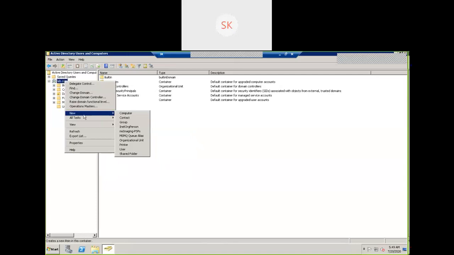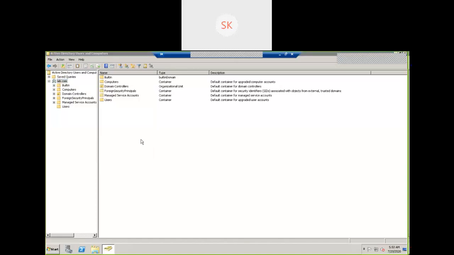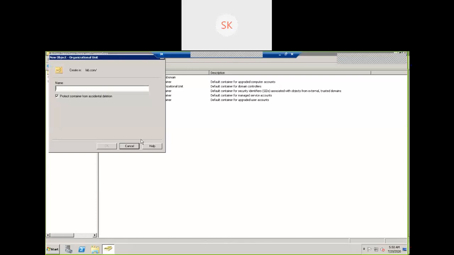I can create groups and I can create a user on the main domain controller. Here, what is the organizational unit? What is the purpose of OU? Create an organizational unit, select organizational unit, and give Hyderabad office, Hyderabad, HYB, HYD. Click OK.